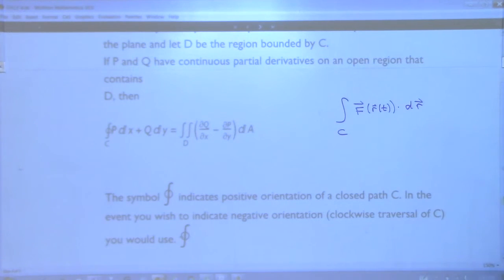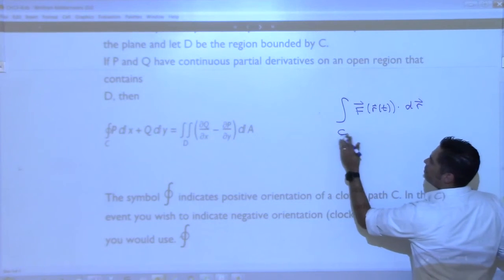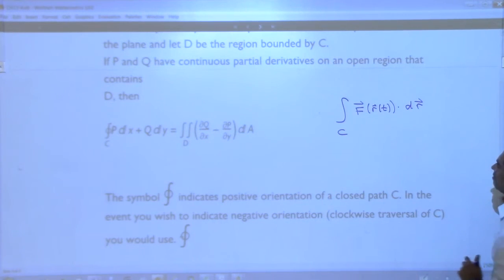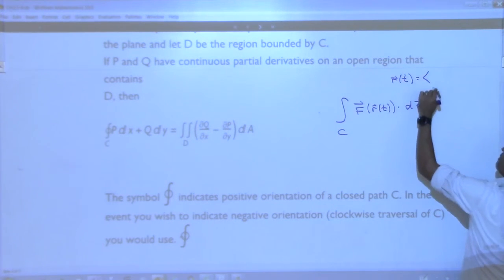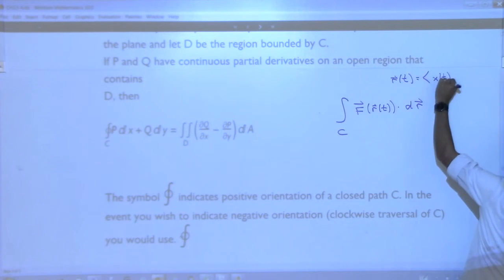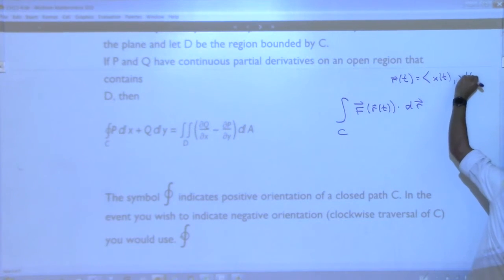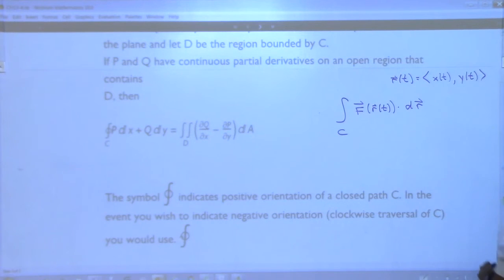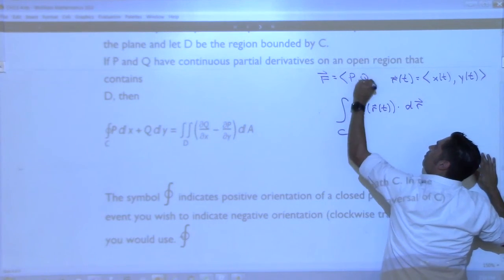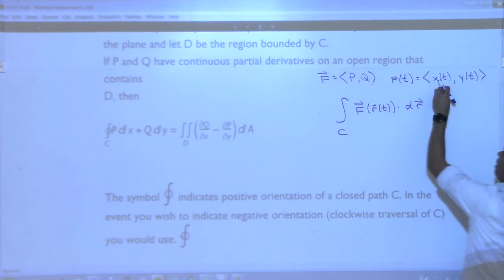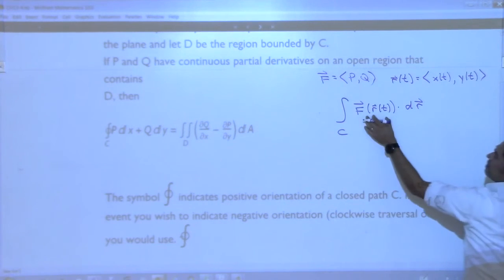This is work, right? That's just the notation expanded out a little bit. If r of t is some x function of t, and y is some function of t, what does this become? In other words, if I have my vector curve with these two functions in it, and let's also say that F is some P and some Q. So I've got a vector field with two components and I've got my path. Then this becomes